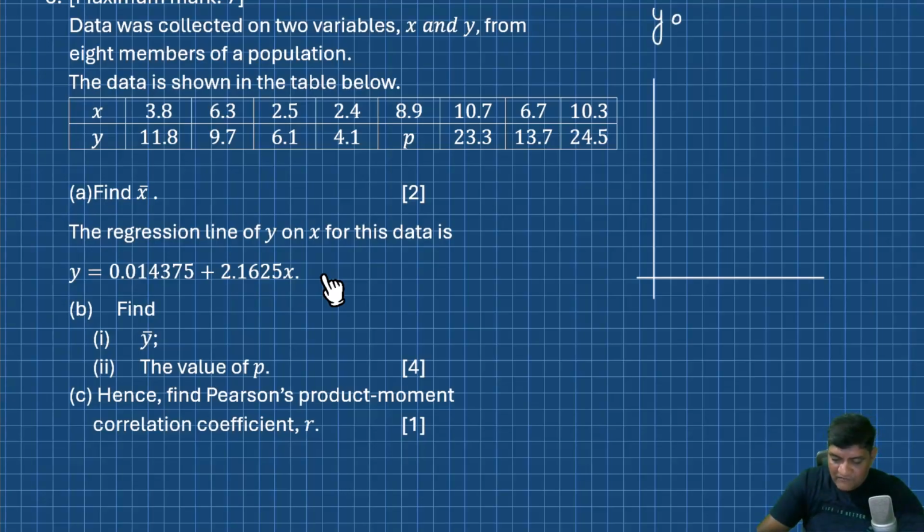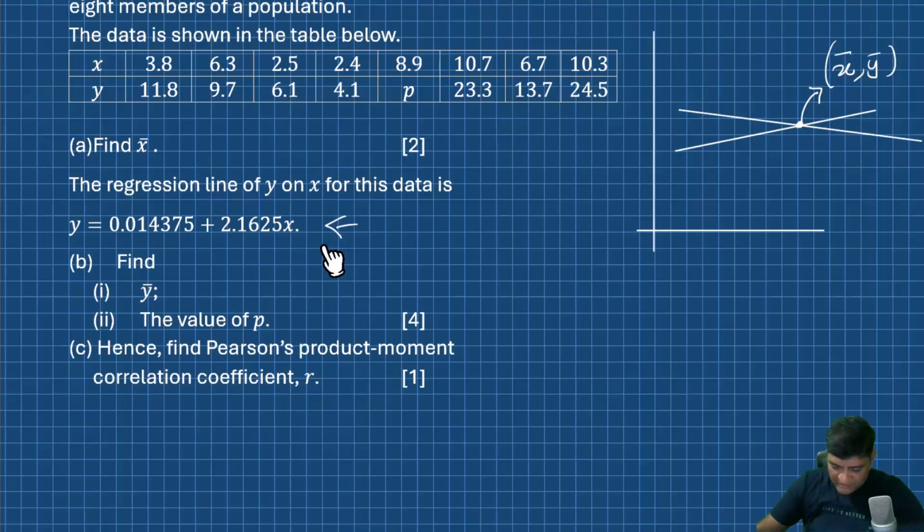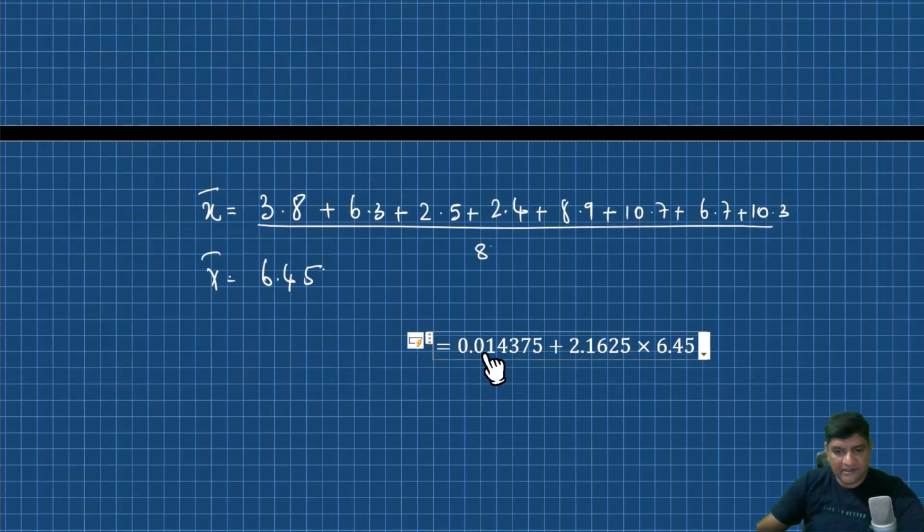One is y on x, and then I have x on y. So if this was y on x, and let's say this was x on y, these two regression lines will intersect at a particular point, and this particular point will be the x bar, y bar. That's the idea that I'm going to use here to find the value for y bar, which basically means that I'm going to take this equation,